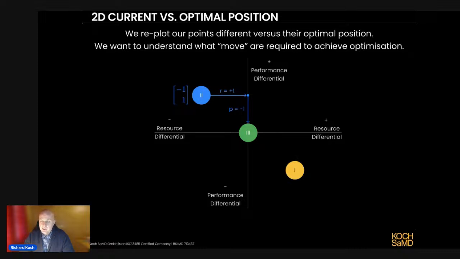And then on the resourcing side, we saw they were under-resourced by 1. So again, if we drop a line from the center of the big blue circle here, they've got a resource differential of -1. So they have a lack of resource, and they need to make a 1 move to the right to get to the center point. And we could do the same for the class 1. They'll have to move up 1 performance and down 1 resource to get to the center.